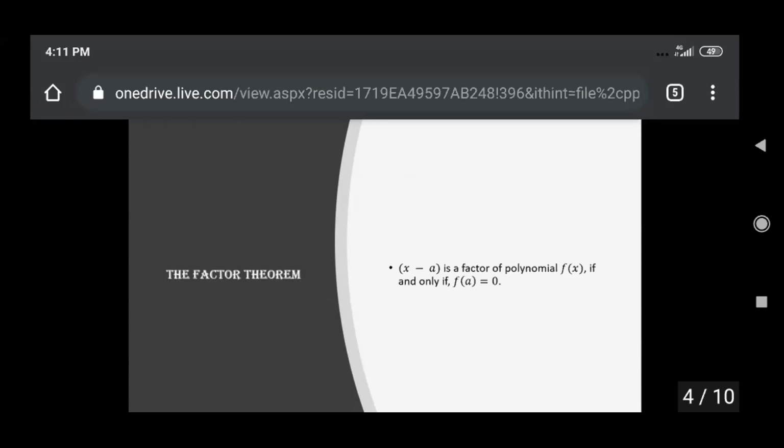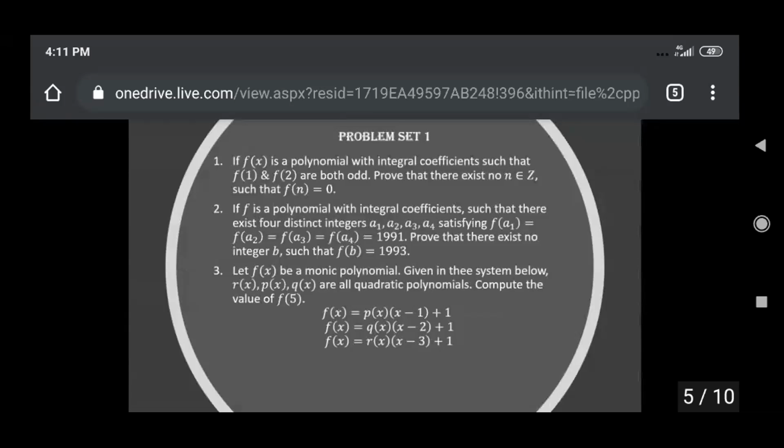I know that it is a little bit difficult to understand, but we will now practice some 3 or 4 problems and you will get the concept clearly. If anybody has any doubt, they can raise their hands, or we'll move on to problem sets. When we solve the problems, we will know how to apply the remainder and factor theorem in that.